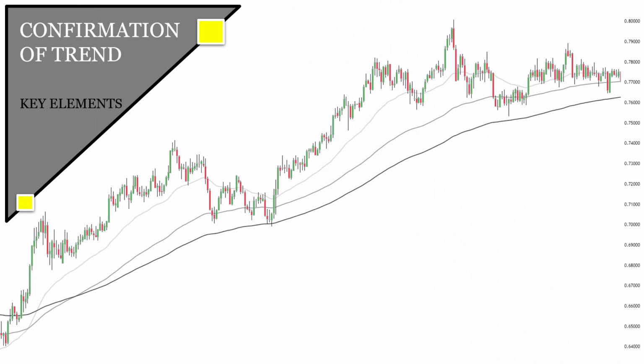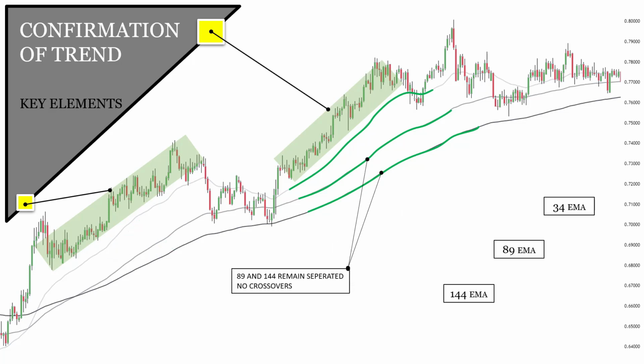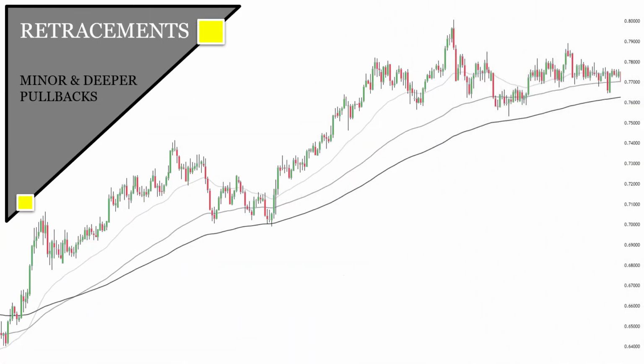Price must be above the 34 period EMA. The 34 must be above the 89. The 89 must be above the 144. Also note that the areas between the moving averages are increasing, and the 89 and 144 are not crisscrossing each other. During any trend, regardless of how short or long it lasts, price will always experience some level of pullback,